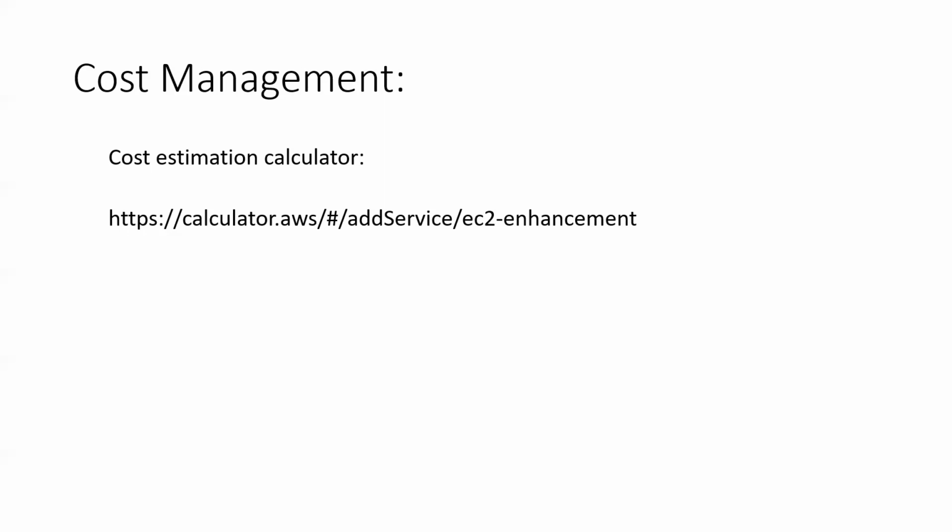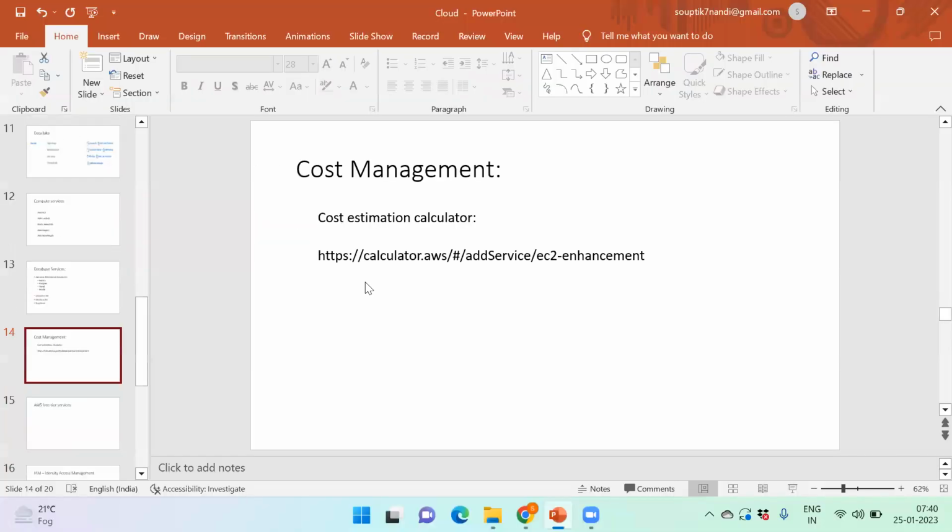I did not turn it off, and I did not segregate my hard disk which is not being used. Then we can see lots of price has been involved. So when spinning up a particular component, we need to check from the calculator what the cost is for that particular